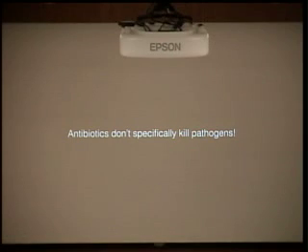But this is what happens. Antibiotics don't kill just the pathogen. If you have someone and they grow Pseudomonas, you give them Rocephin, or not Rocephin, say ceftazidime, one of the other anti-Pseudomonals, they kill a wide range of bugs. And particularly a lot of these are these health-promoting bacteria.